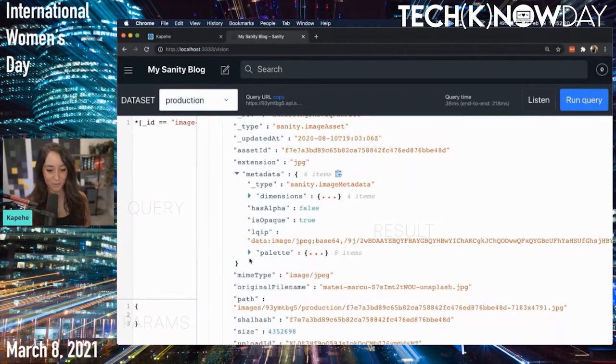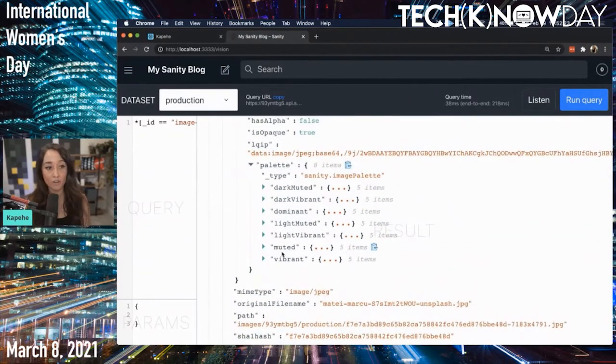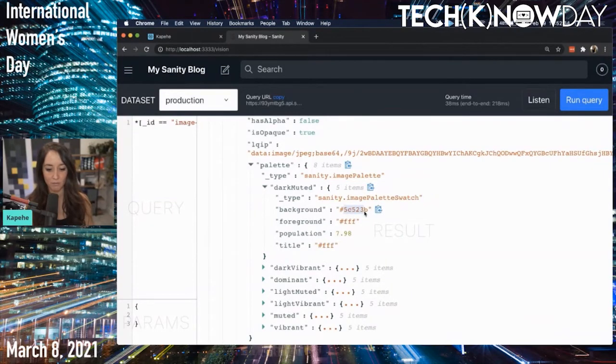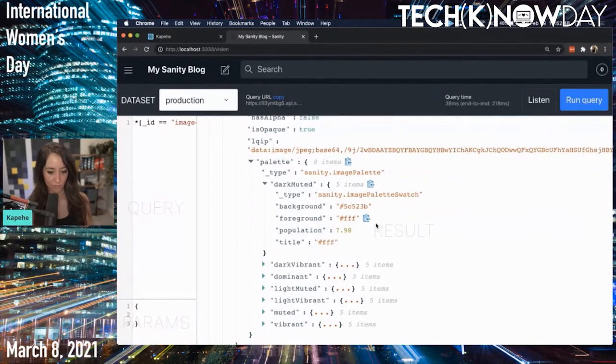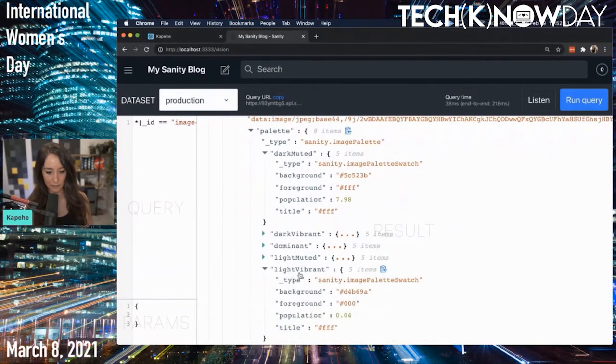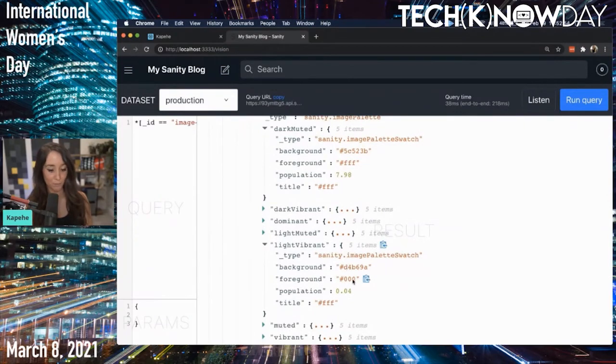And then we have the palette. So the palette grabs all the colors from your image and puts it in dark muted, dark vibrant, light muted, light vibrant. But let's see dark muted. So background color. And if you wanted to overlay text, here is a good foreground color. So it's really awesome for accessibility. So there's not that like, oh, the colors are too similar. It's giving you the best foreground color for that. Let's do light vibrant. Here's the color, and then here would be the foreground color. So you have your entire palette for your image at the tip of your fingers.